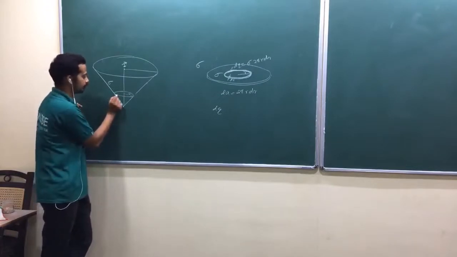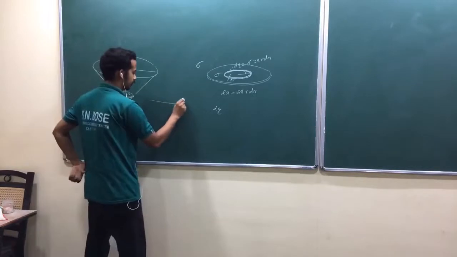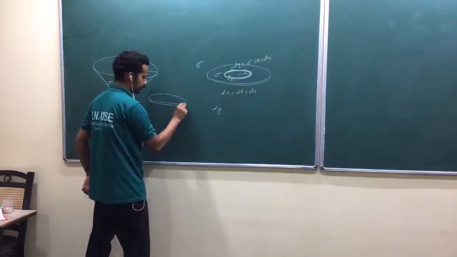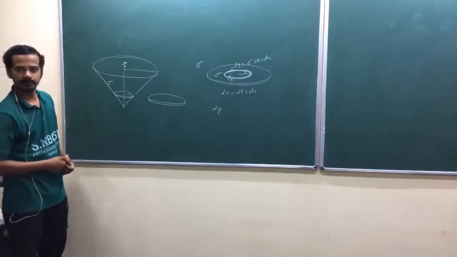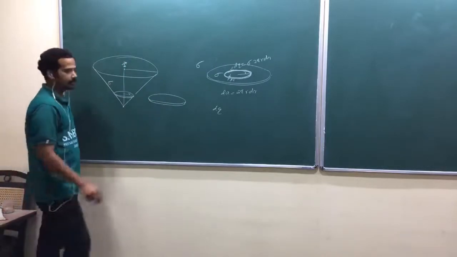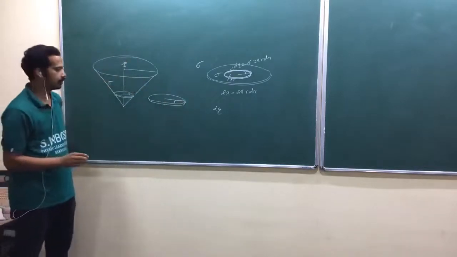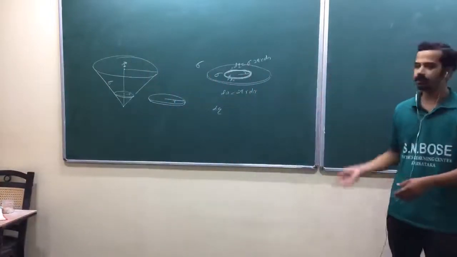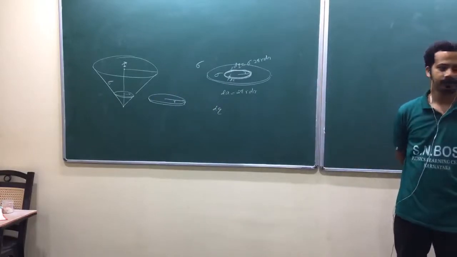So what we do here is take it like this. Can you just imagine? It is like this actually. You have to take the ring like this. Now you have radius r. How do you find its surface area? Anyway, you have to cut down that cone into small parts. This is one of the fractional parts. How do you write the surface area?